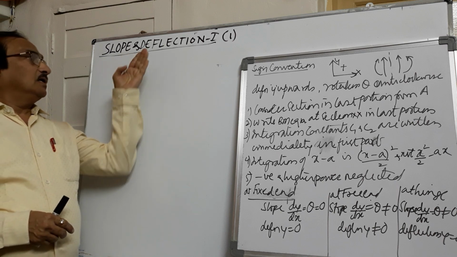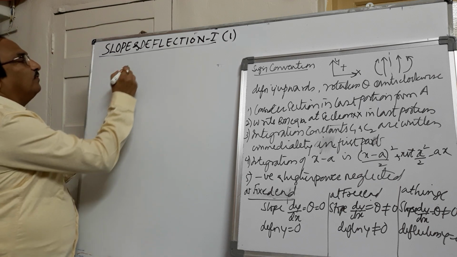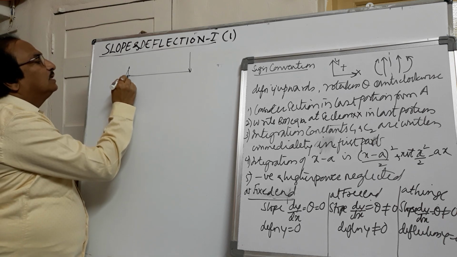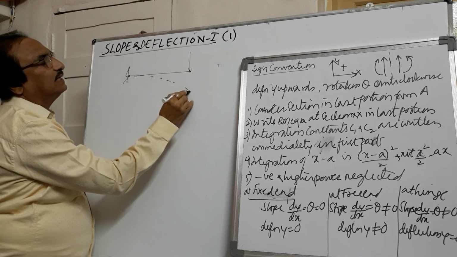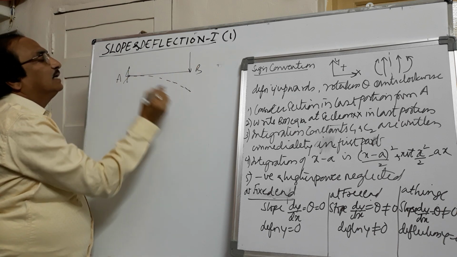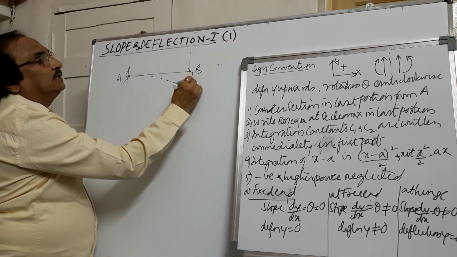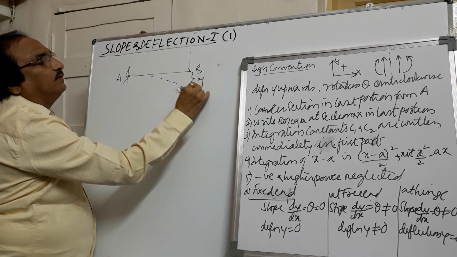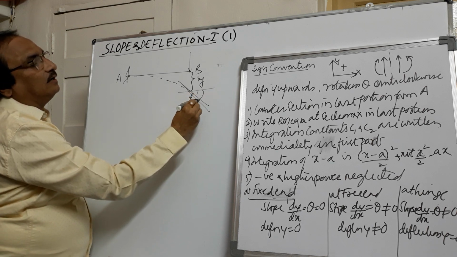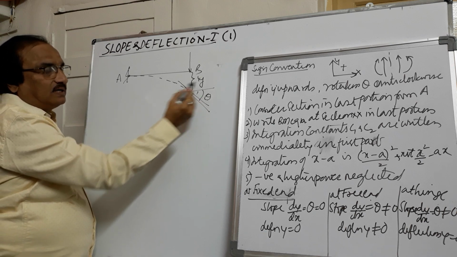This video deals with the topic slope and deflection of the beams. Whenever a beam is subjected to loading, for example, if I take a cantilever beam and subject it to load, this beam will get deflected like this. Suppose if I call this A and B, it will get deflected as A, B dash. So whenever the beam gets deflected, there is a deflection here. If I call the deflection as y, it is moving down, and if I draw a tangent here, this is making an angle of theta. So it has got slope as well as deflection. Slope is theta and deflection is given by y.